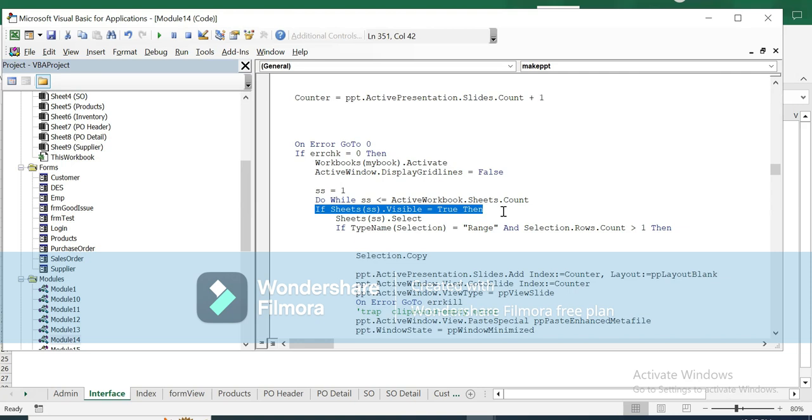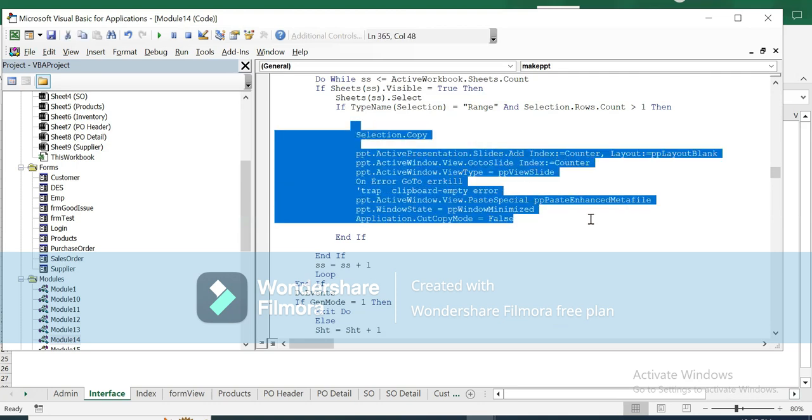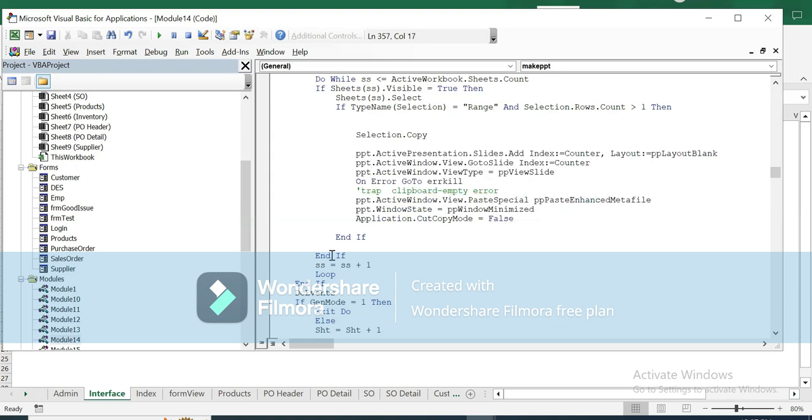Also, it will further check if the selection is a range of cells covering more than one row. If the selection row count is greater than 1, then the PowerPoint slide generation will take place. Otherwise, it will skip, considering that you do not want a slide to be generated. So any sheet in which there is no selection of multiple cells will be skipped, right? And this do while loop will make sure that all your